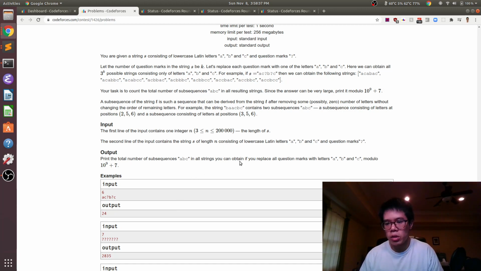So basically here we need to figure out for each prefix of the string, how many ways to get an A, and then for each suffix of the string, how many ways to get a C. And for actual C's in the string, it ends up being just 3 to the power of the number of question marks. And then for question marks, it's 3 to the power of the number of question marks minus 1. So you don't include that own question mark because it has to be a C. And that would be for suffixes. And then a similar thing for prefixes. So I think we can just compute all this.